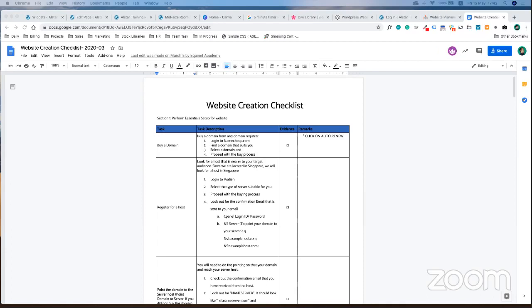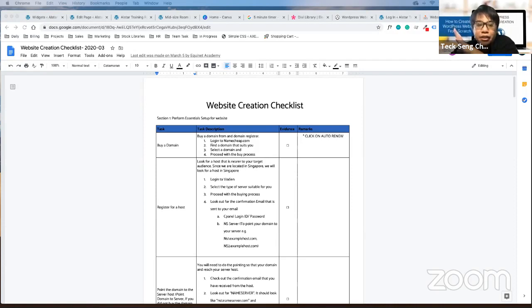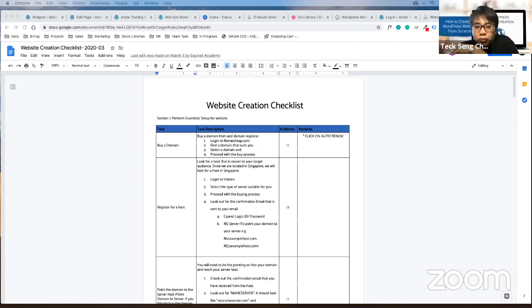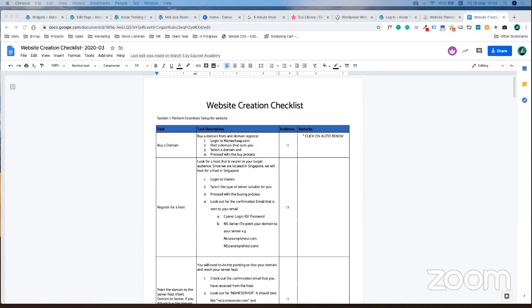So you create a new page, you clone it, then you change on the new page. Then you're done, you just close that. I teach you how to clone it. You clone that page, then you can edit from there.